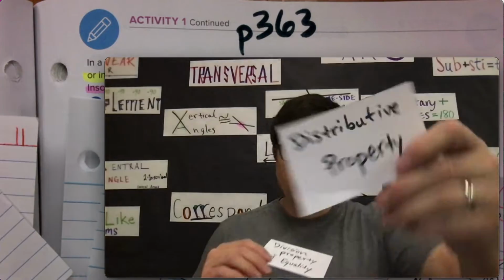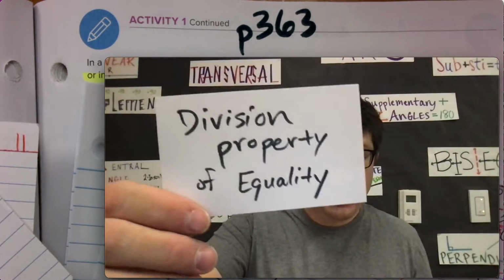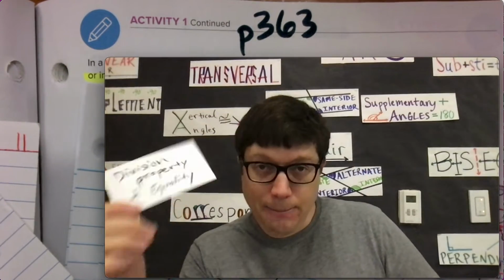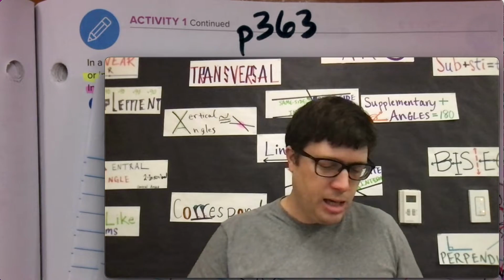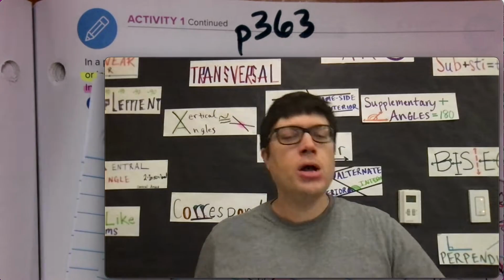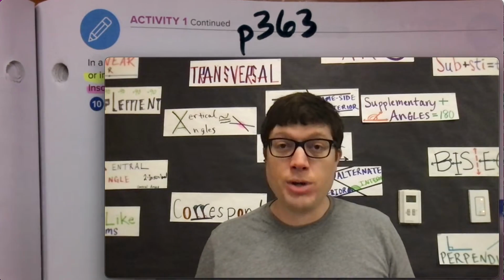I was saying we're going to need the distributive property. Honestly, the book says distributive property, but I think we've already made a division property of equality happen in that card. You know what? Why reinvent something? Let's stick with something that's already been made. Don't throw the card away. This is a good one to have, but I don't think we need it, especially with what was done in